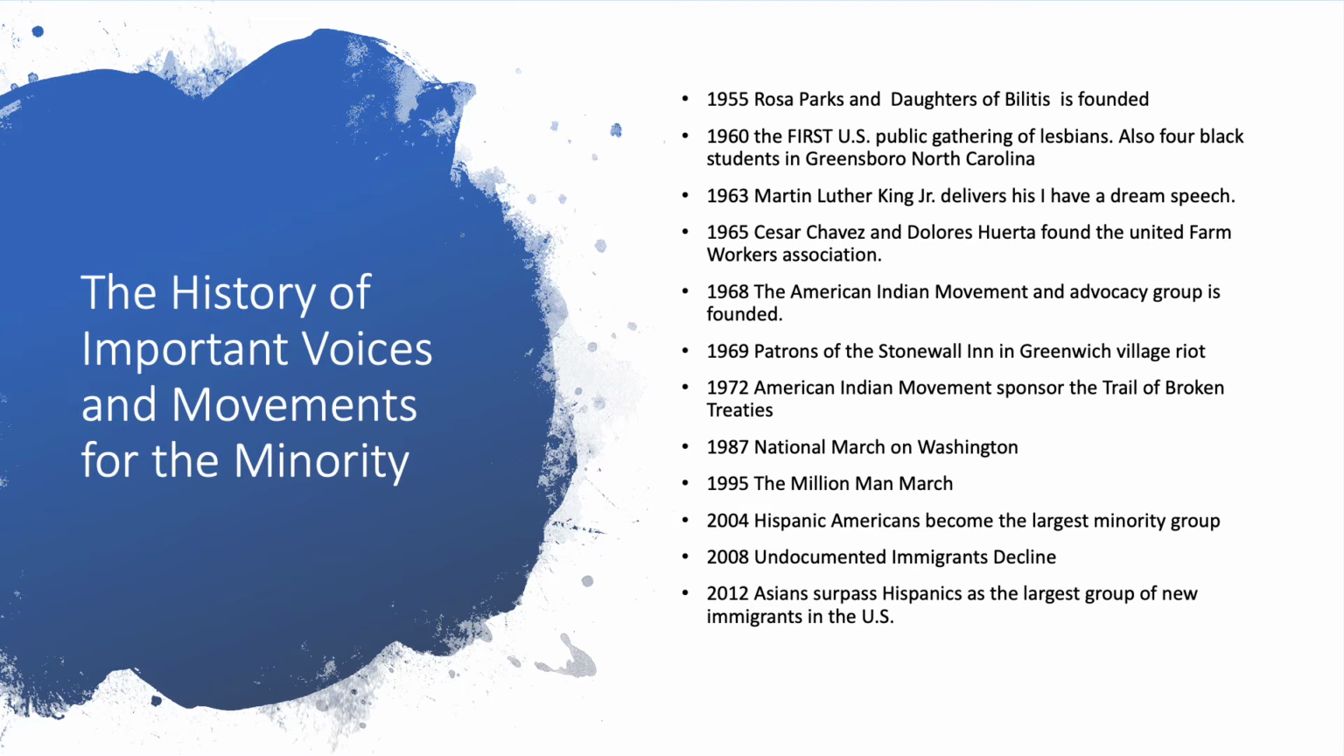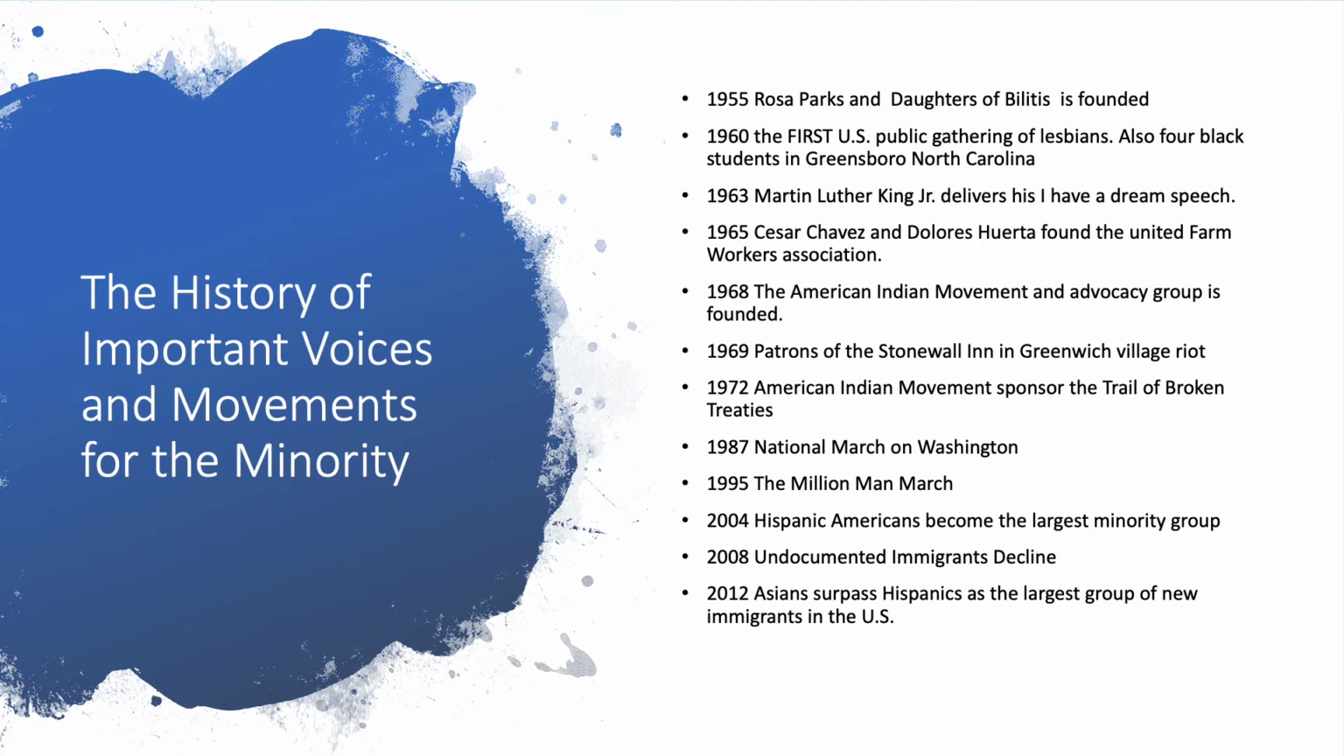In 1968, the American Indian Movement advocacy group was founded. In 1969, the riot at the Stonewall Inn in Greenwich Village happened. This riot was started because police officers charged in on the gay bar called Stonewall Inn. In 1972, the American Indian Movement sponsored the Trail of Broken Treaties. The Trail of Broken Treaties was a cross-country protest by American Indians for their rights to